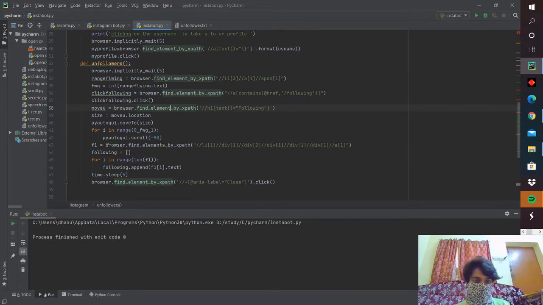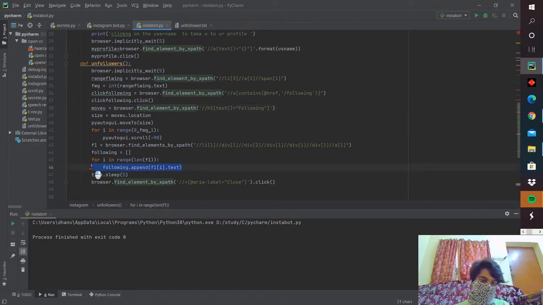So a huge number of usernames that come under the same class name is being fed into F1. But these usernames are not in text form, they are in code form. So we need to change them into text form and append them into the following list. So the following is an empty list, and we are just appending into following.